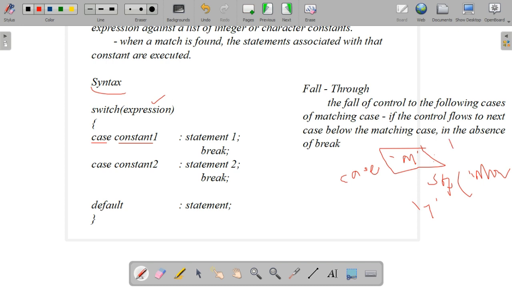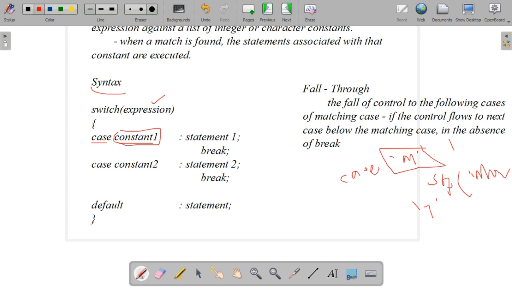Tuesday we can represent as T, or you can represent 1. With integers, 1 indicates Monday, 2 indicates Tuesday, like that. That 1, 2, 3 is also the constant number. Whatever values we are giving here are known as the constants. So case constant, colon should be there, then statement 1.